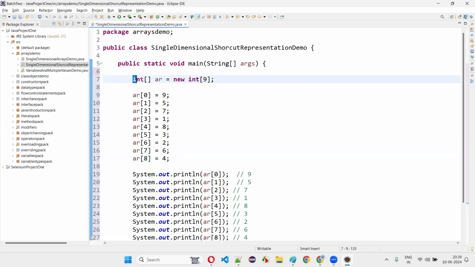Here, after declaring this array, at the side of creating the array, remove that and provide curly braces. Which braces do you have to provide? Everyone type in the chat box. For shortcut representation of the array, curly braces I have to provide. In the curly braces, take all these array elements, 9 comma,